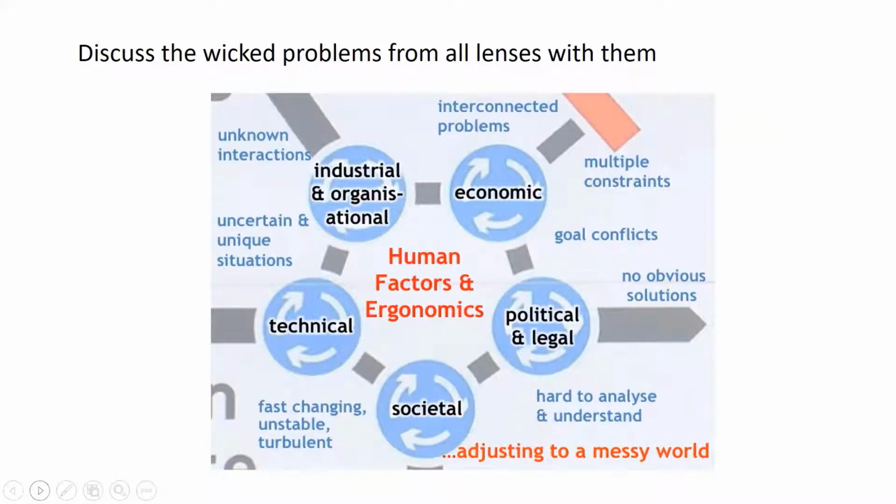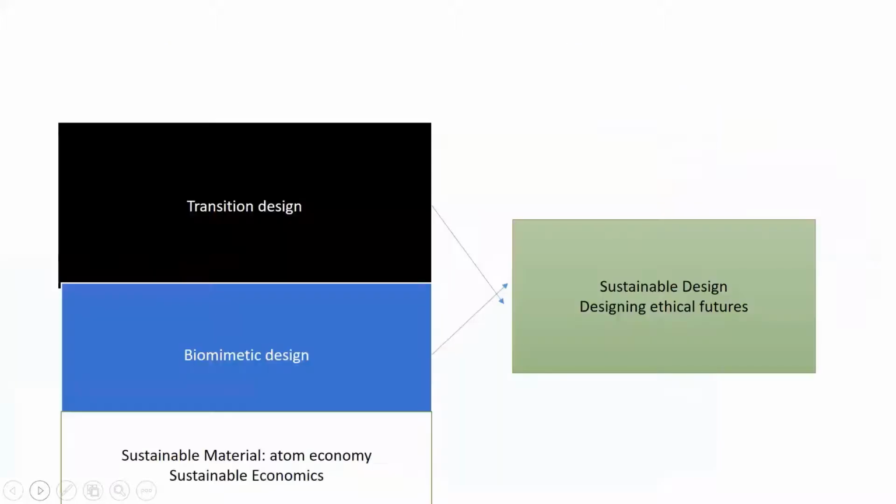We need to figure out what the wicked problems are that they are facing. And so in your participatory design, as you get to that point, you're going to put all of these wicked problems together, listen to the people, and design solutions that look at all of these from all the different lenses they're trying to tell you.